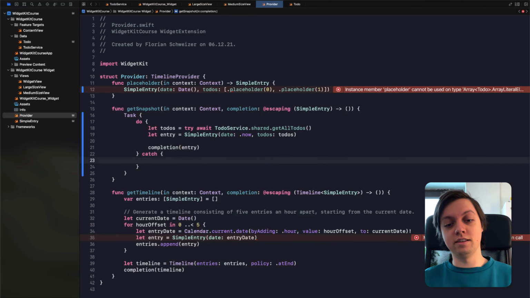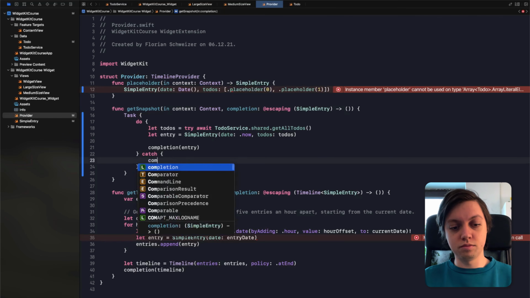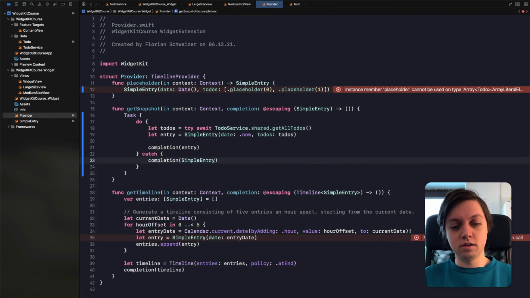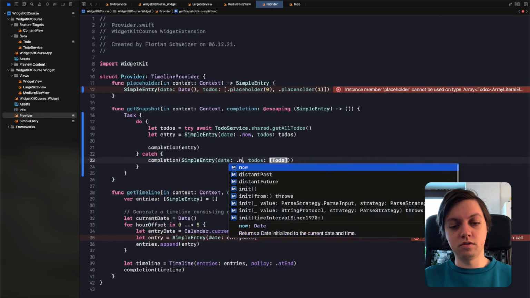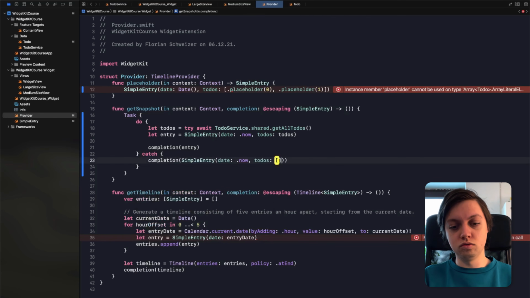In the catch case, however, we also want to call the completion block. This time, let's also return some placeholder. So let's just say completion SimpleEntry with the date of now, and for to-dos, we will just use placeholder